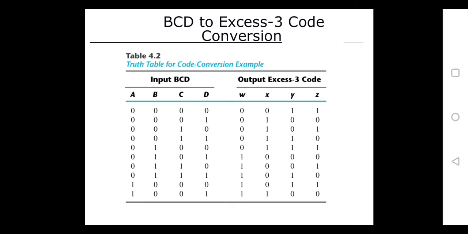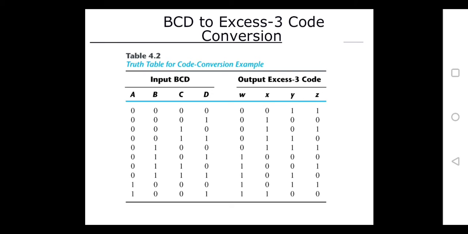So 1100 also represents 4 bits, so the number of outputs required is also 4. And here I am representing the symbols for each output as W, X, Y and Z. So in this example, the number of inputs is 4 and the number of outputs is also 4. As the inputs are 4, we need to draw a 4 variable K-map, and as the outputs are 4, we need to draw 4 K-maps. Before drawing the K-maps, the first thing is we need to complete the truth table for each input combination.